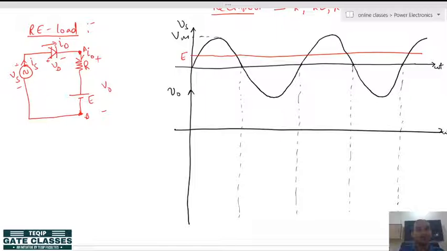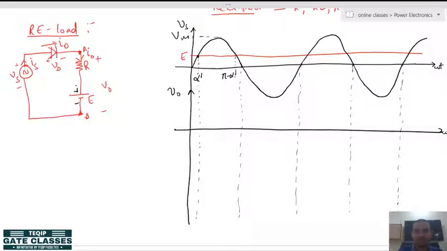We have discussed that since this E will cause this diode to be reverse biased, unless this supply voltage overcomes the effect of E, this diode will not turn on. Alright. So, let us say that at this point, if this point is alpha dash, then this point will be pi minus alpha dash. So, if we talk about alpha dash and pi minus alpha dash points,